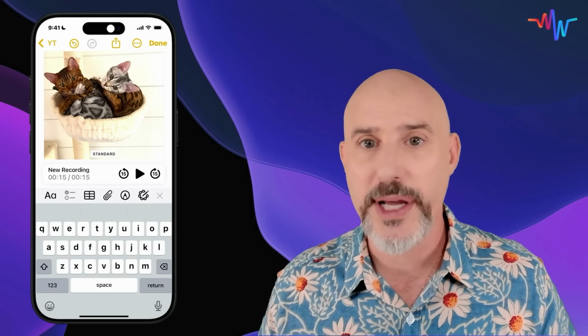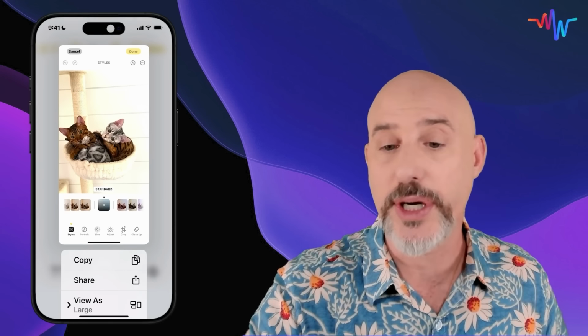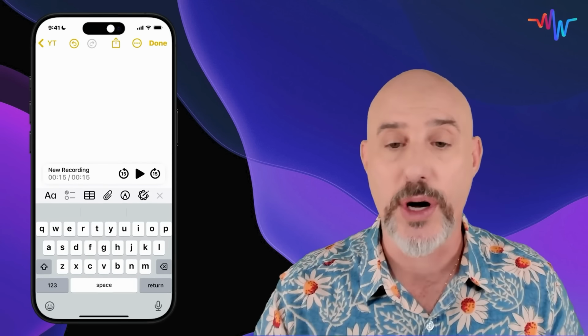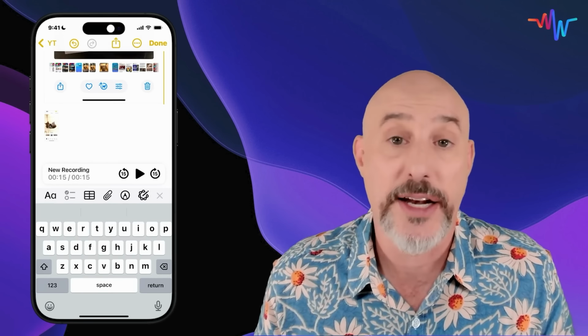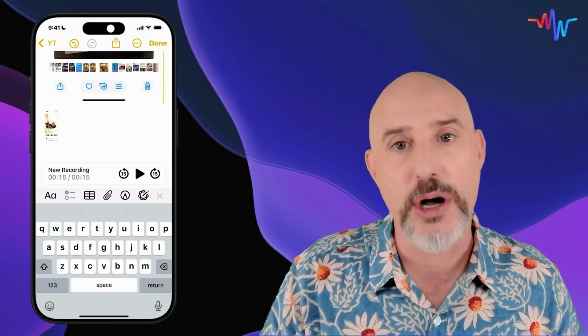You can choose whether an image shows up as large or small. By pressing and holding on any image, you'll get this option down here that says View As, and let's make this one small. When you look at it small, it's a little thumbnail, so sometimes that's just not enough. But if there's a lot of images in your note, it's helpful to put them small so that you're not